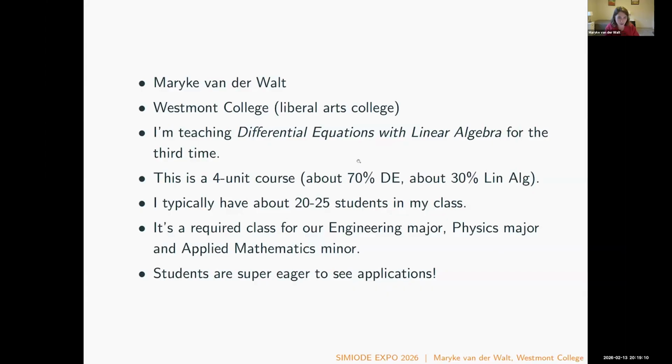What I've enjoyed most about using this book is that my students are very eager to see applications. That is the number one request I get from students all the time. And so I really love that the whole first chapter is devoted to applications. I feel it's applications with a fresh take. It uses Usain Bolt's sprinting data as a first example of a first order differential equation, or not your typical salt tank model, it's drug delivery in the inner ear. I just really like that it's a fresh take on applications.